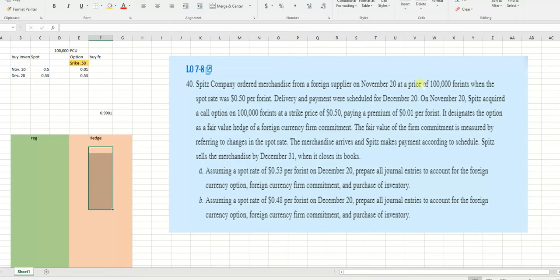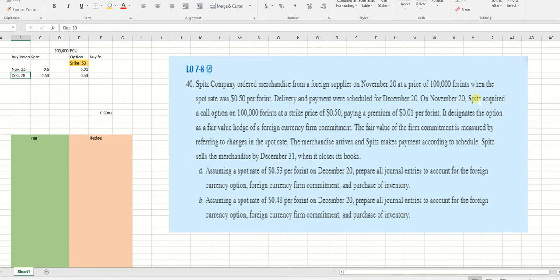On November 20th at a price of 1 million foreign currency units, when the spot rate was 0.50, so I add that there on November 20th. So write this down as we go along. Delivery and payment were scheduled for December 20th. So notice it's delivery and payment. So title passes on December 20th, so this is a firm commitment because title didn't pass when I signed the